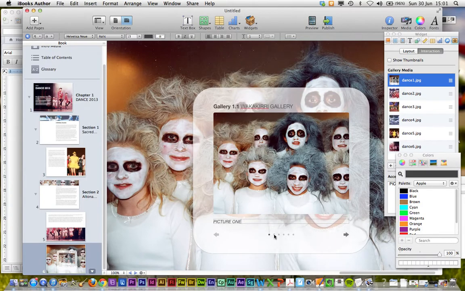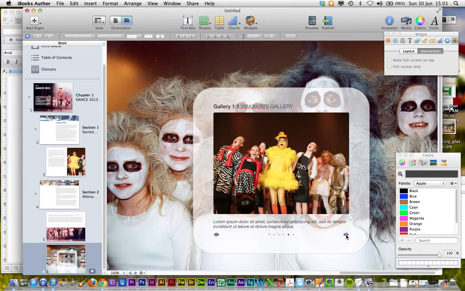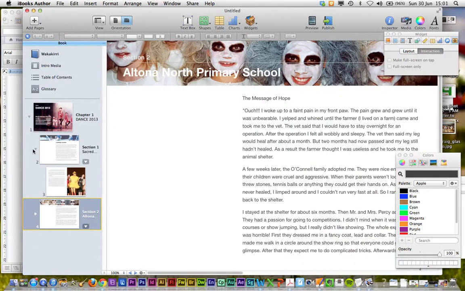Okay, then click on the small little dots here, same thing. You can give them names, picture 2, whatever you want to do. Okay, and so on with all of those. They will flip through, okay, and that will be your gallery. So what you've got, if I was to save that and preview that now on my iPad, which I can't really show you, but you'll have a wonderful book of,